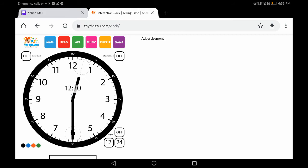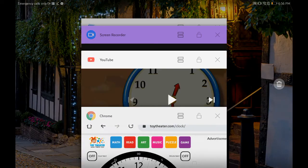So, again, for the last time, when the minute hand is on 6, we say either half past the hour, which is here half past 12, or we say the hour first, then the amount of minutes: 12:30. Now let's go to solve